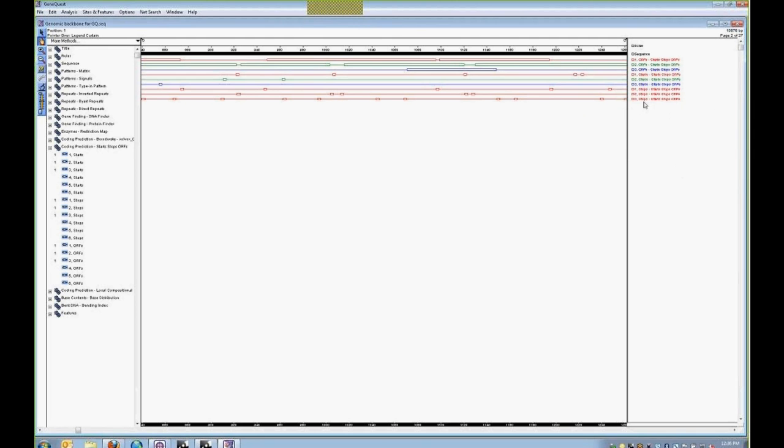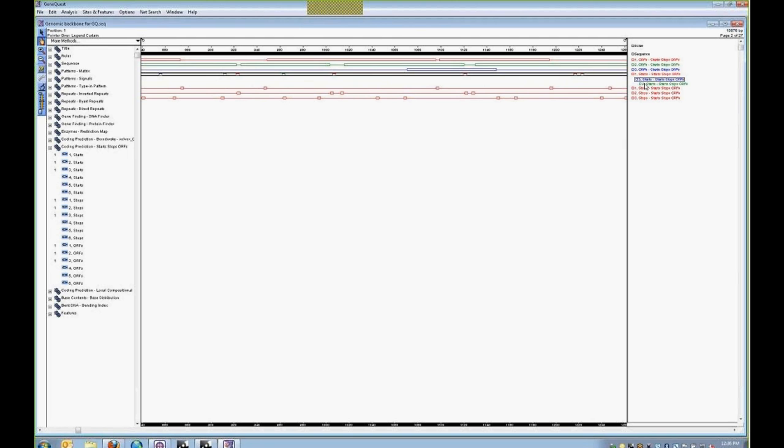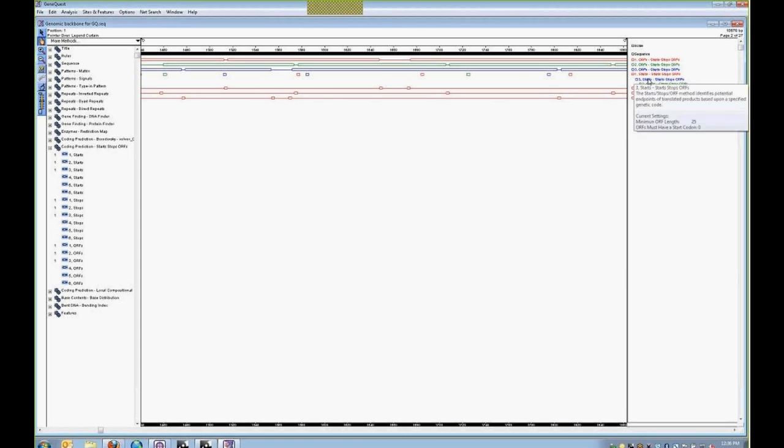We can also stack individual methods. So if, for instance, I just wanted to see all of our starts in one particular line, I can do so simply by stacking those. You'll notice that what we've done here is we've identified each reading frame by a color, so it's easy to see which frame corresponds to each reading frame by keeping this color scheme consistent. And that'll be very important when we get into the next project that is going to show you in detail how to go about